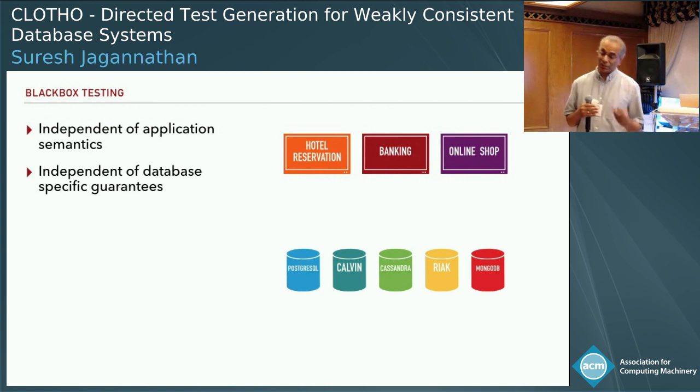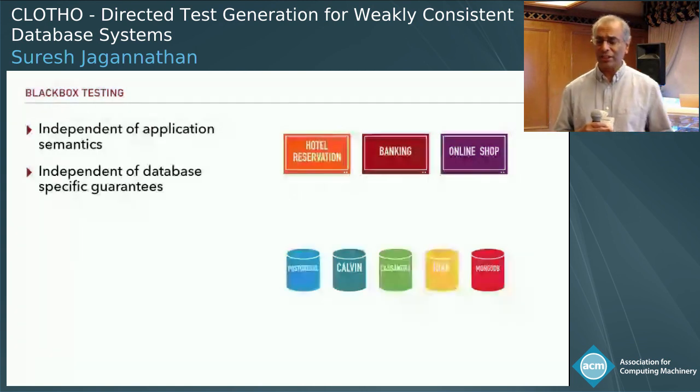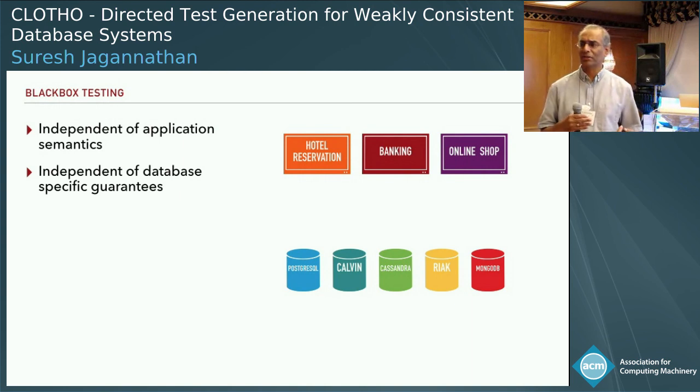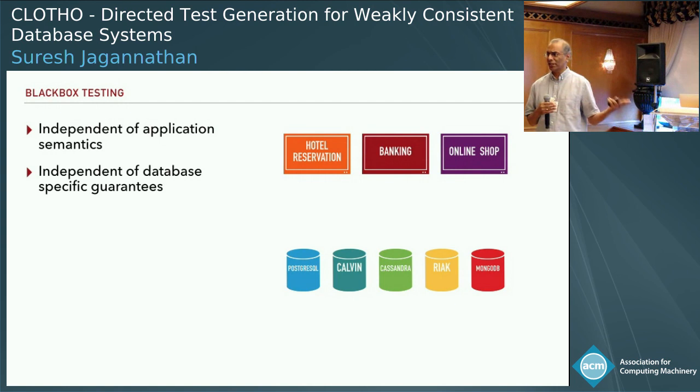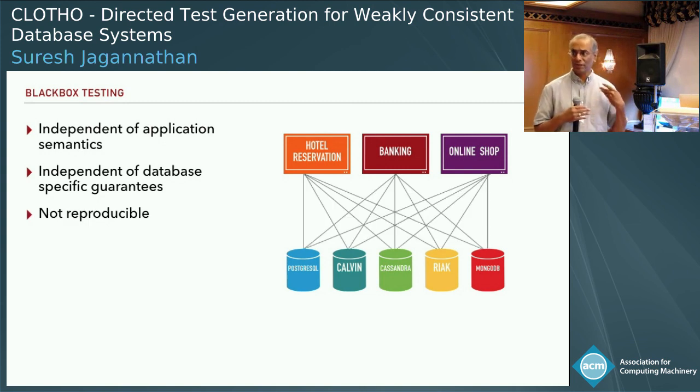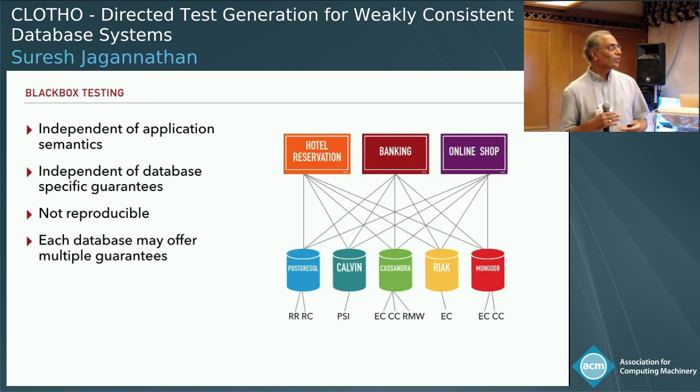We're simply going to try to run the application in some random way, and we're going to try to see what happens. Now, the problem with this is that not only do we not know anything at all about the application, these black box methods are also agnostic with respect to the particular guarantees provided by the underlying database. It's not a one-shoe-fits-all kind of thing. Different databases provide different kinds of guarantees, different consistency models. So it's imperative that any black box method understand that in order to be successful, because if it doesn't know what the system behavior of the underlying database is, it's not going to be able to discover interesting anomalies in a meaningful way.